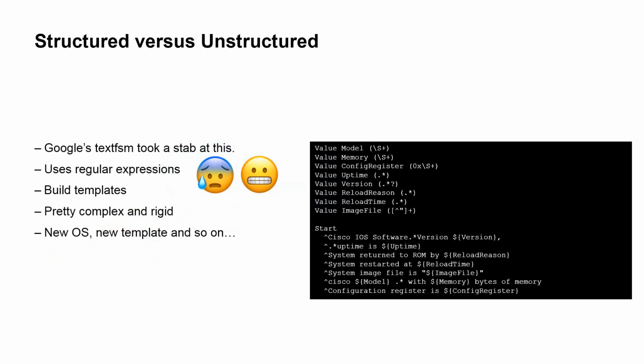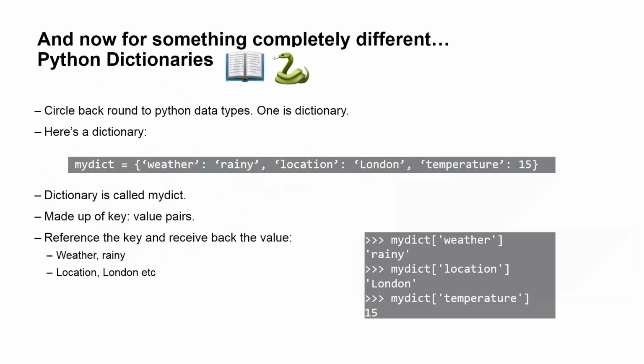Okay. These templates in themselves are pretty complex. And remember that problem that I said, this stuff is rigid. If there are any changes or if you're using different operating systems, you need new templates. This stuff is inefficient, when really all we want is the MAC addresses from the device. Or in this case, we want the show version information. But I'm sure you can appreciate that the problem in the past with parsing the output from the CLI is that it is inefficient. It's not giving us the information that we need in a structured format.